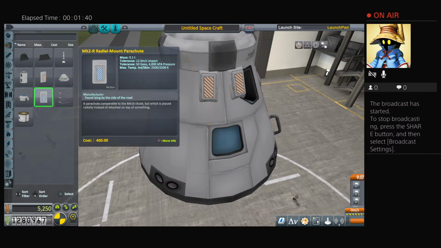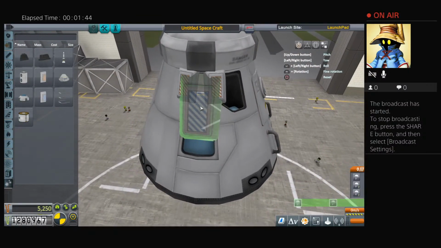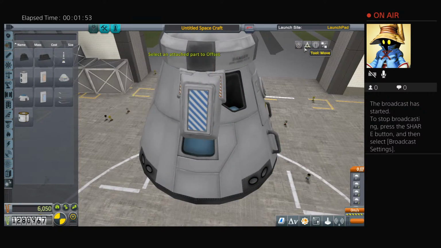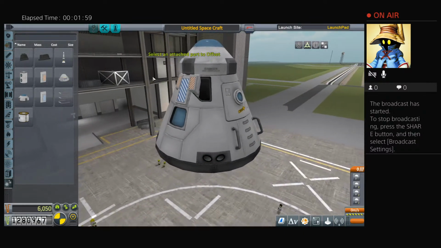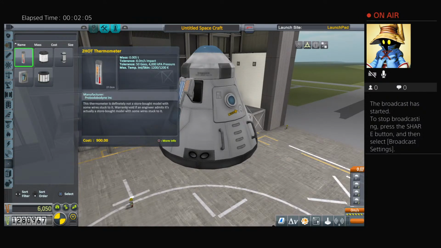And then we will grab the Mark II-R radial mount parachute, the larger radial parachutes, set those as close to the top as possible, make sure they're set to radial 2. We'll auto strut those to grandparent as well. Then we'll grab the tool to move it in one space, and then we'll move it up one space as well. Looking nice and good there. That's all we're going to need from our utility, so we'll go ahead and move over to the